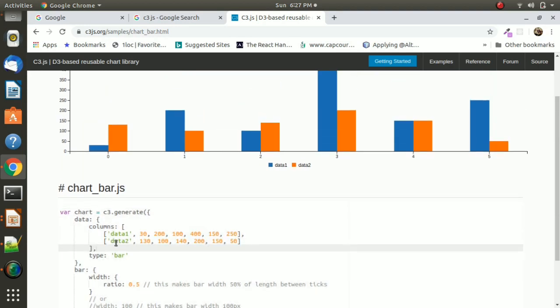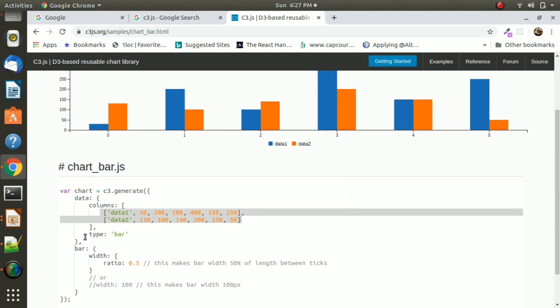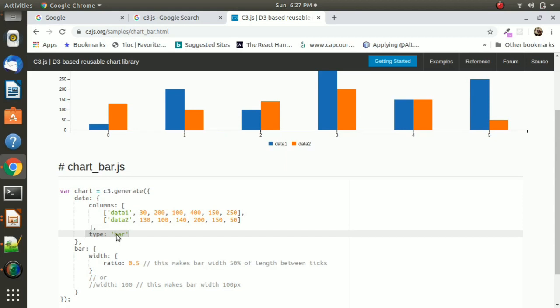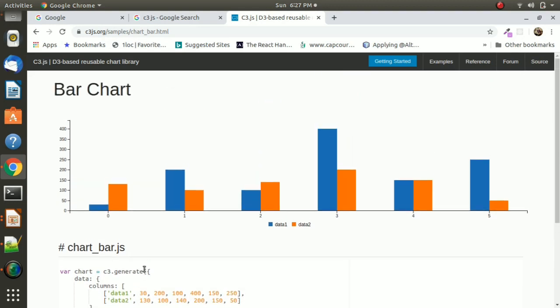Here is a grouped bar chart with two sets of data, and here we have passed that I want to create the chart as a bar chart, and any other config you will provide in this section. So this is the C3 library. The same thing we can do with D3. That was a little bit hard, but we will do it step by step in later videos.